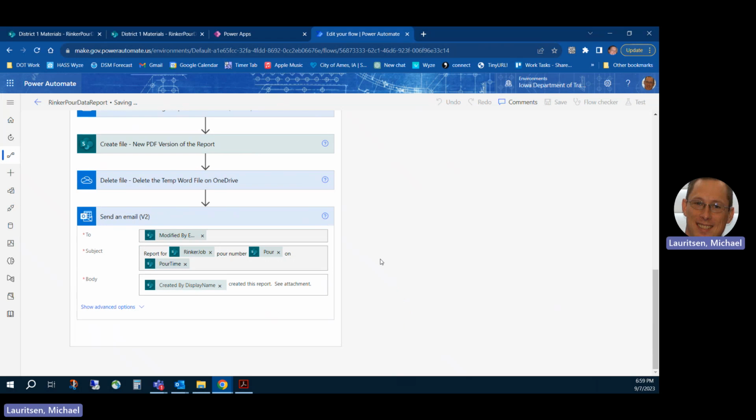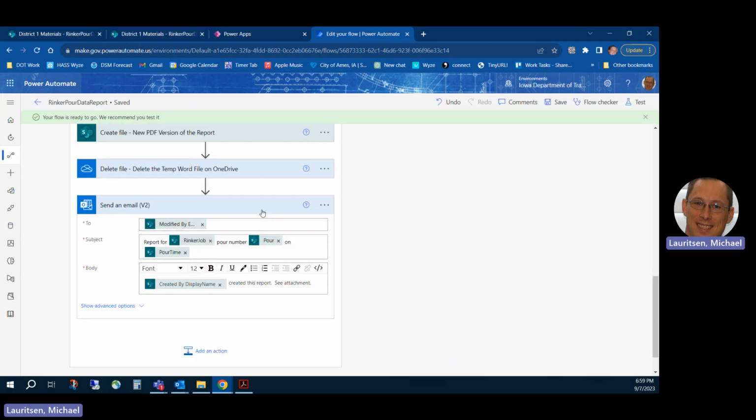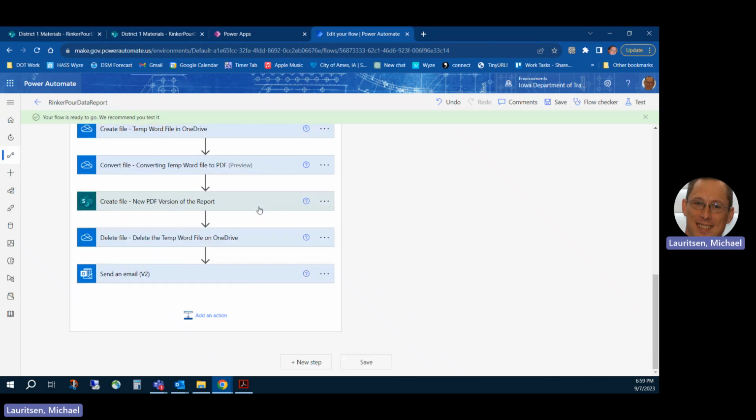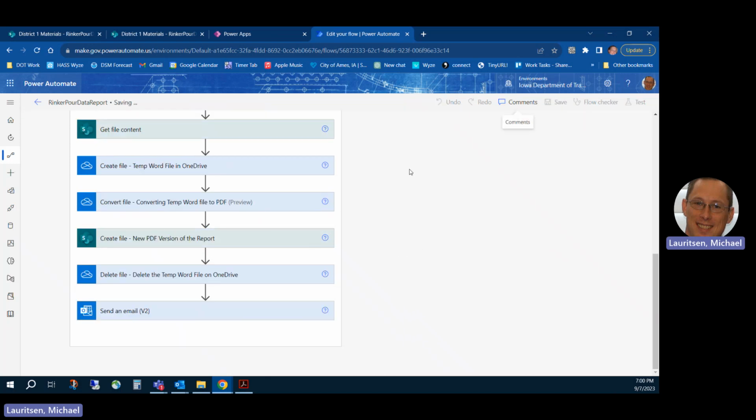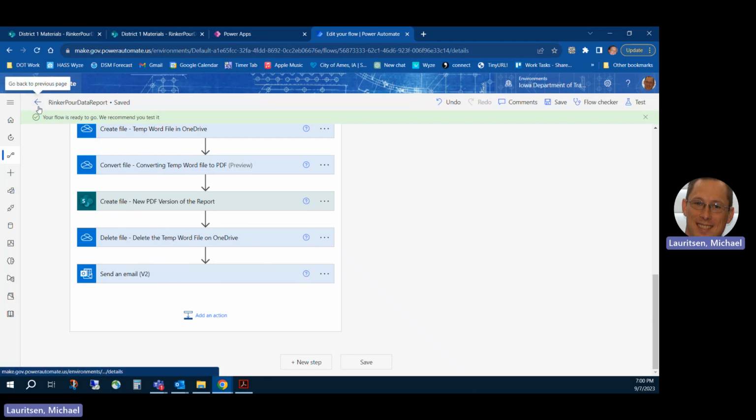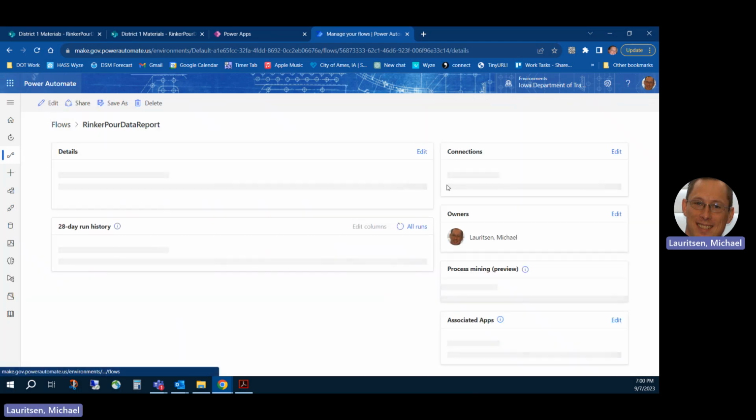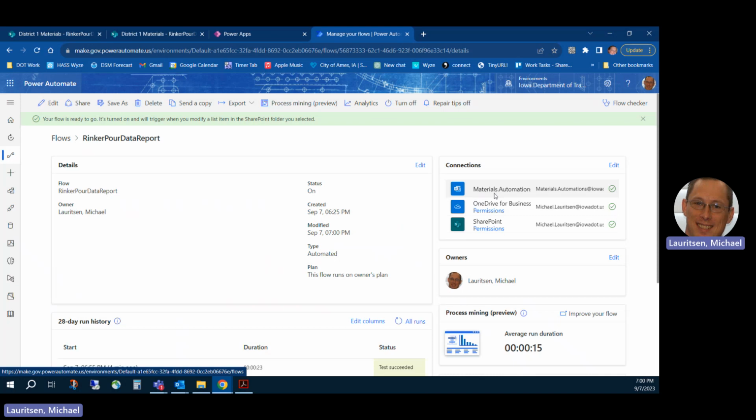I want it to come from me. Although realistically, I would have all of these on automations instead of my own personal account. The reason I do that is if something happens to me, they delete my account, and I want the automations to keep working, whoever's inheriting them. All right, so now if we go back here, the connections now should all be